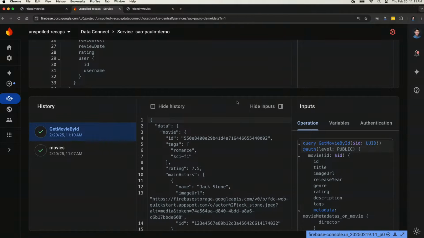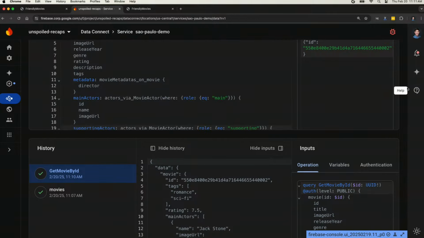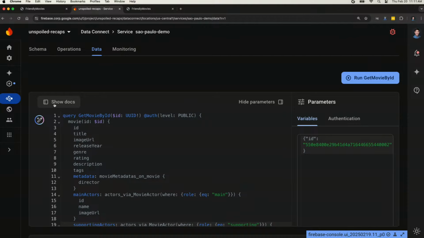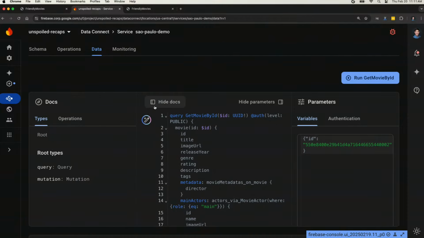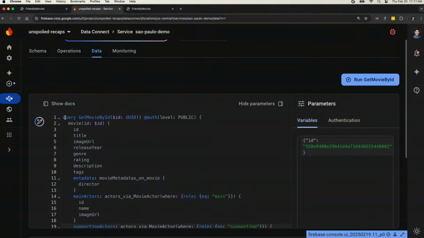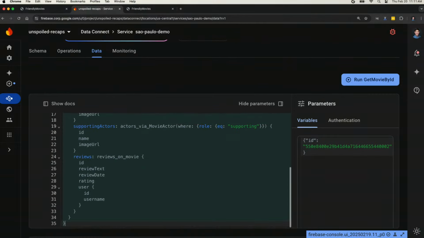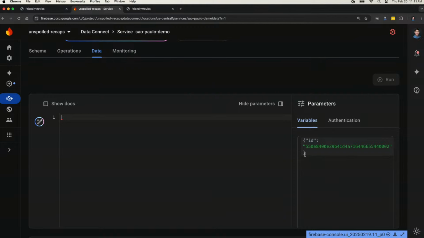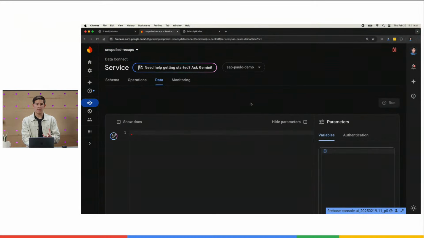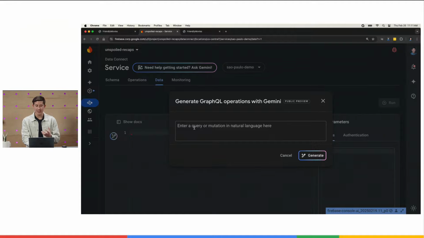And so now that we've seen this in action, and we've seen what this looks like, we can also craft some queries using Gemini, right? So let's say I'm not the most familiar with my GraphQL, and so I can actually use Gemini to generate a query based on natural language.